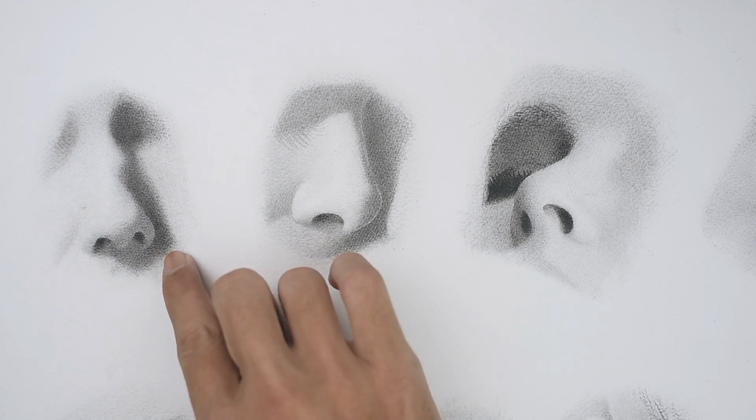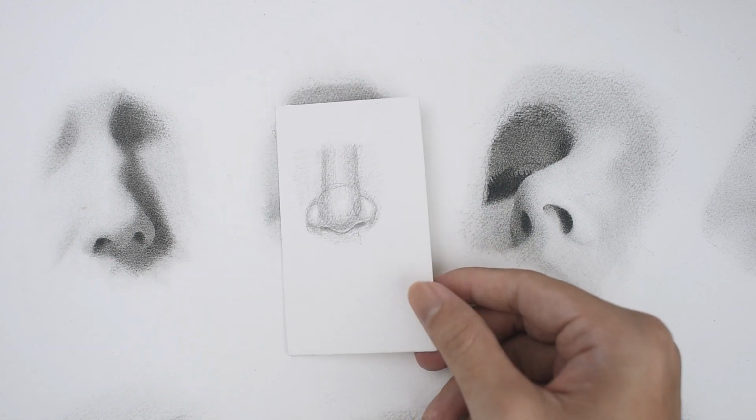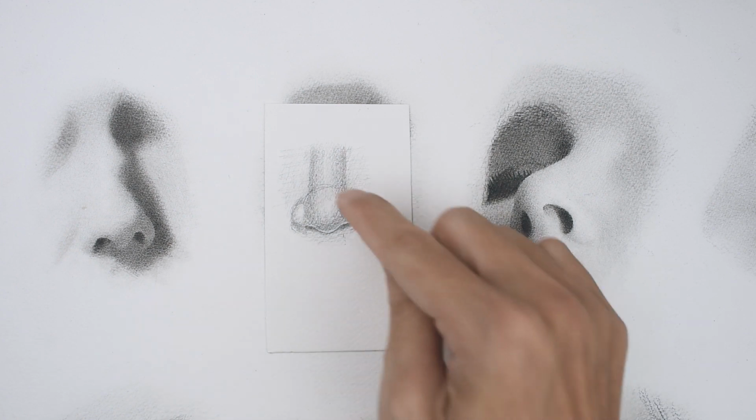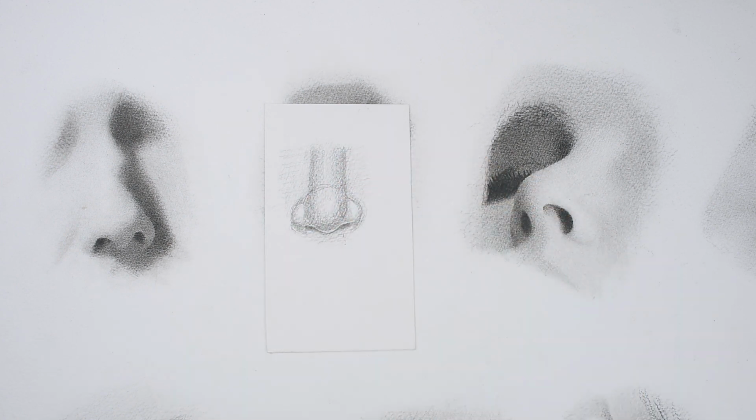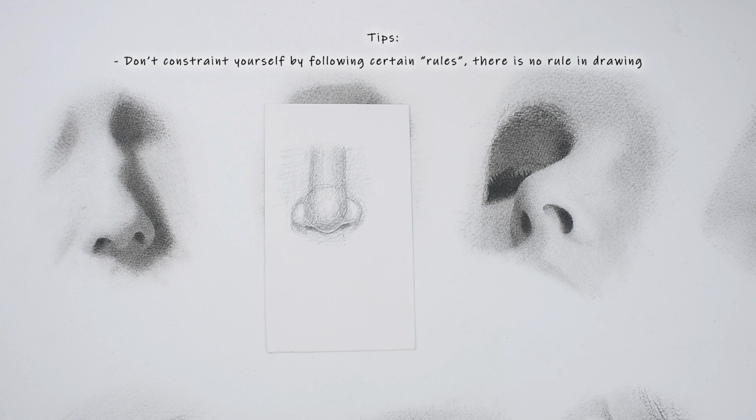So okay, this one is a nose looking directly forward. Lighting is obviously coming from the left. Please note that I'm not teaching you to draw something like this, yeah? Usually you start by drawing circles or boxes, whatever. We are going to simply look at our reference, and from there we are going to examine and observe it using our abstract mind. When you use step 1 draw circle, step 2 draw boxes, blah blah blah, it's very limiting. You can only draw this one position. I want to free our mind and try to think in an abstract way. That way you can easily draw subjects in different poses, however weird they are.